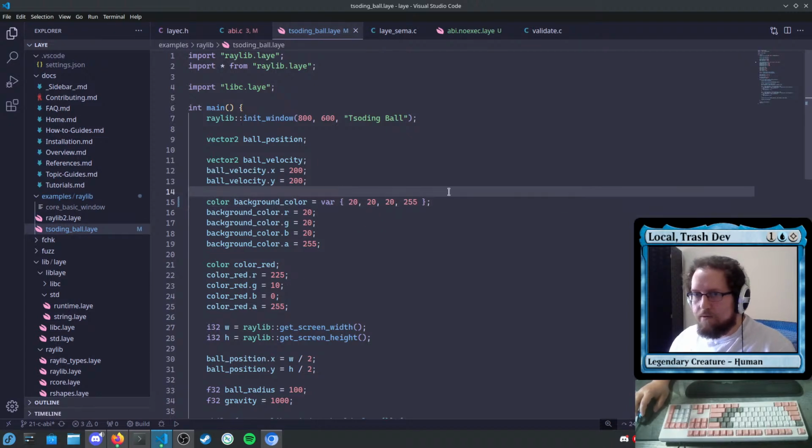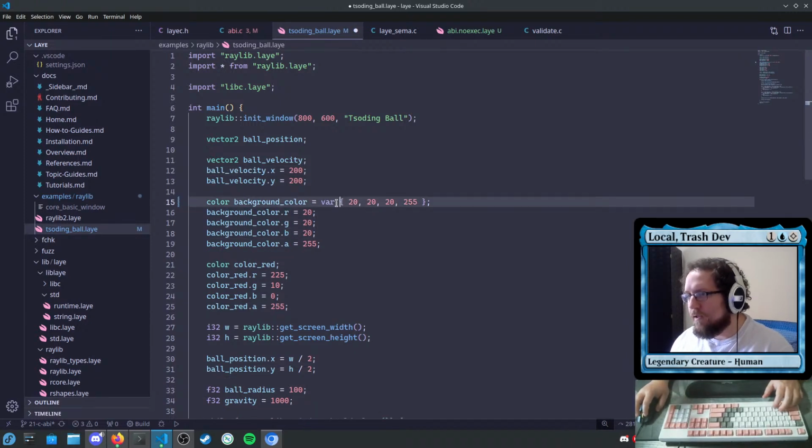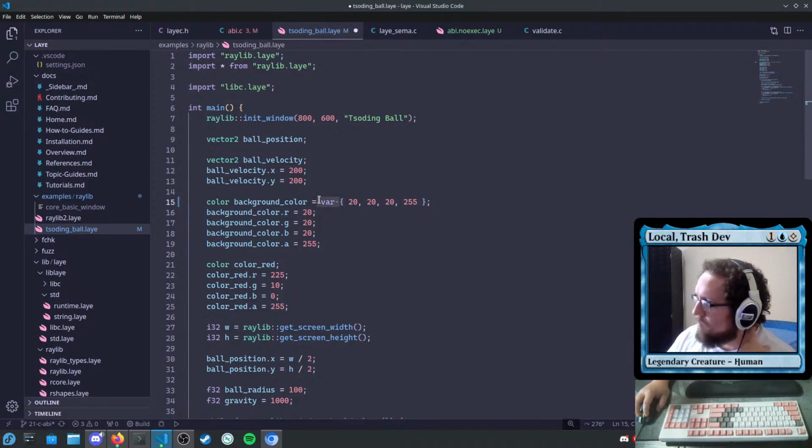here, because for everybody who doesn't know, this is an expression. You can just do this. So I could say yield the address of ball velocity, and then you could dereference that and assign to it, and you could do dot this dot x equals 10, right? All of this nonsense is a valid expression in Laye. And since I did that, that means I need to have some signifier before it if I want to use